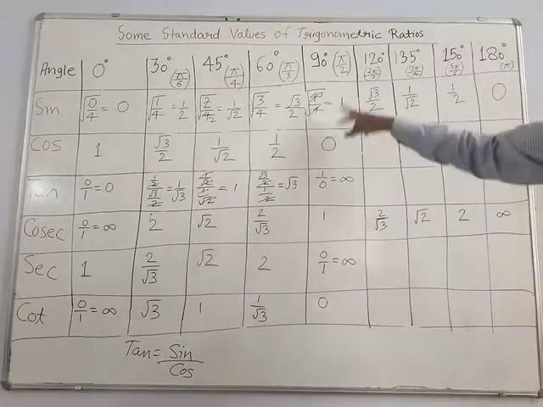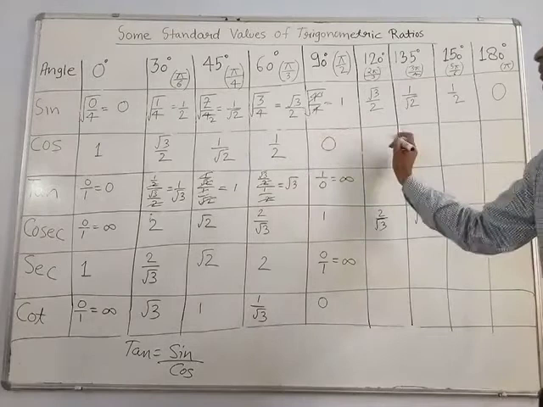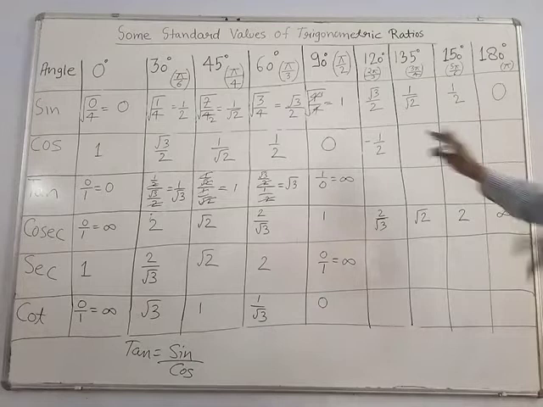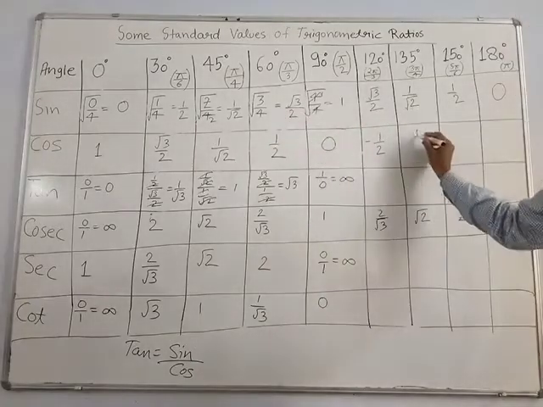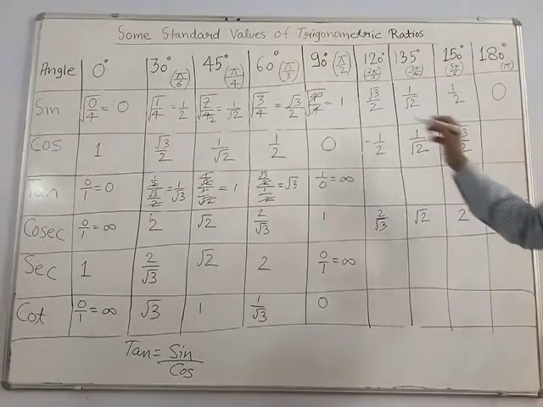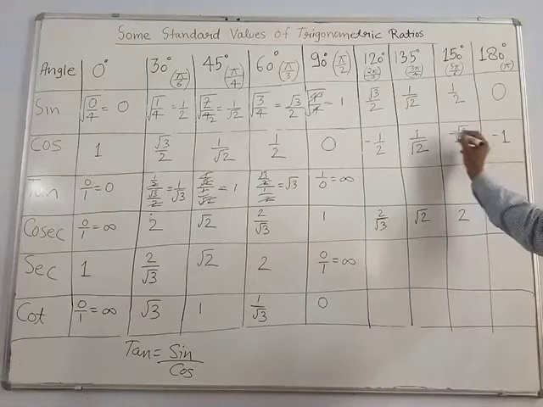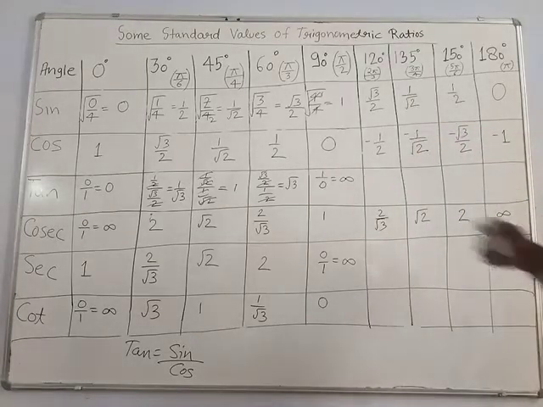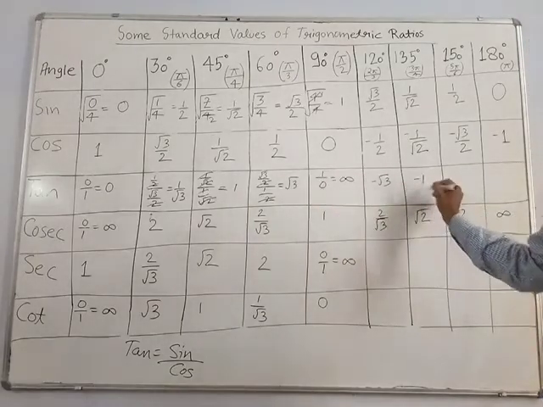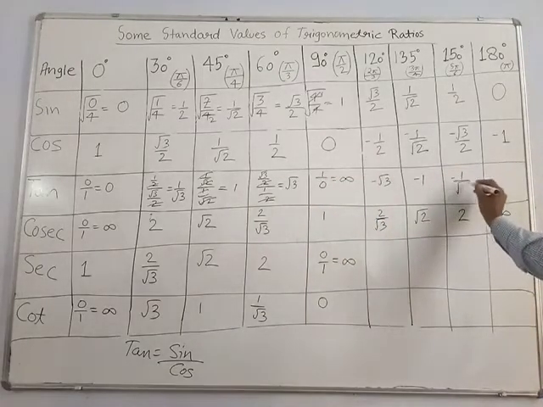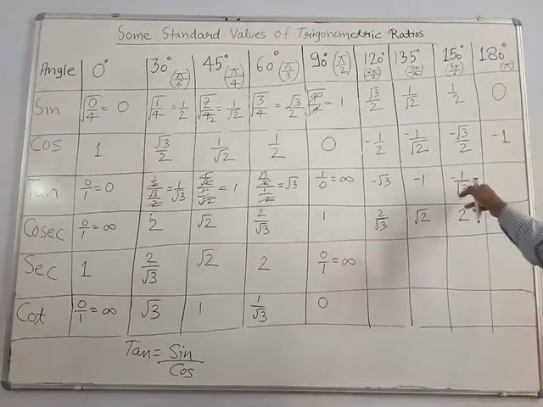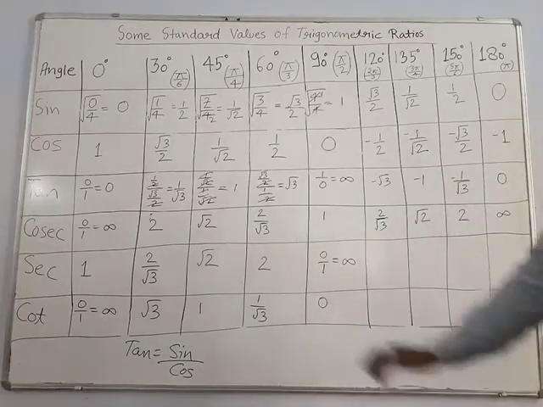Then cos 120. Cos 120 is 1 upon 2, but in negative sign. These values all come in negative: 1 upon 2, then 1 upon root 2, then root 3 upon 2, and then minus 1, right? Then tan 90 is infinity, then minus root 3, minus 1, minus 1 upon root 3 and 0. Then sec